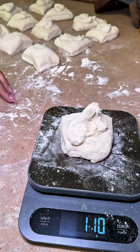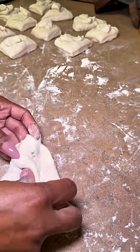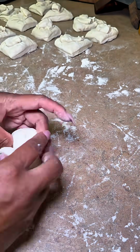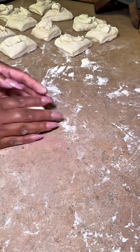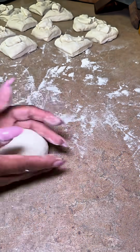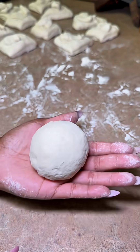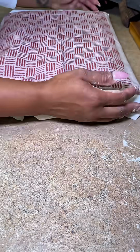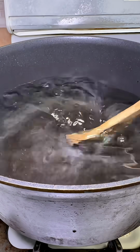I'm dividing these into 12 equal pieces, so anywhere between 110 and 115 grams for each piece. I'm going to roll that into a ball onto a parchment paper lined cookie sheet, and then we're going to cover everything, let these rest for about 15 minutes, and while we're letting it rest, we're going to create our